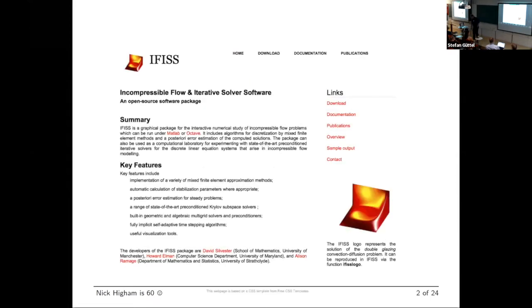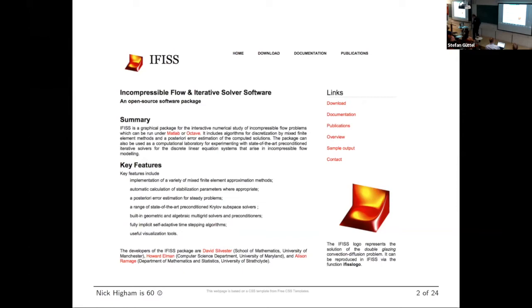So I'm talking about software here. This is as close as I can get to numerical linear algebra. So some of you might have seen or heard or even used IFISS. Perhaps I can ask the audience if you've actually used IFISS. So we have some more than last week. That's good. So for the rest of you, I'm going to try and convince you that maybe you want to take a look at it. So the software is a MATLAB package, originally written in MATLAB. It runs completely, 99% compatible with Octave.